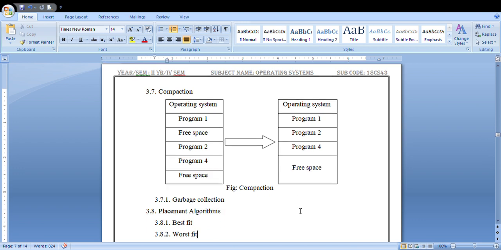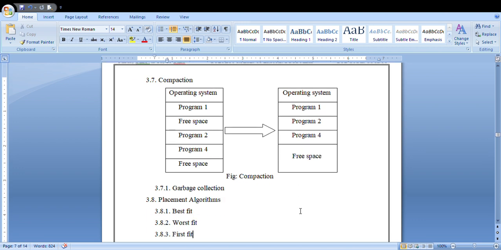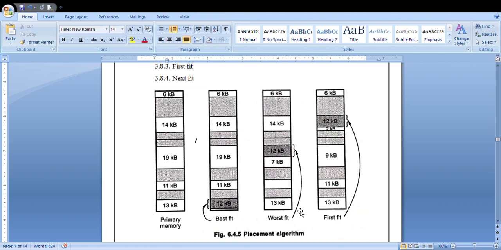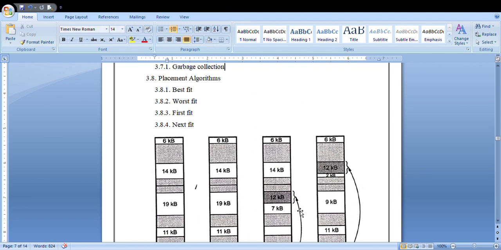Next topic is garbage collection. What do you mean by garbage collection? In general terms, garbage is nothing but unwanted things. Similarly, garbage collection is this: when some process is executed, after execution it deallocates the memory space, but the operating system cannot immediately access that memory location, and it cannot delete the content immediately.